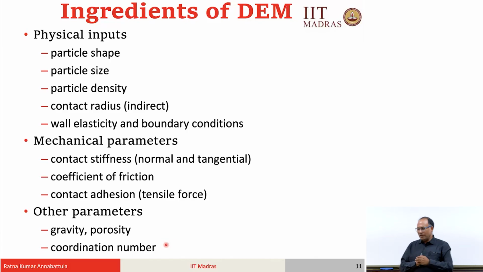One point that we should always keep in mind when doing DEM simulations is that it is really a nice tool for deciphering qualitative information at the micro scale by comparing the macroscopic information. But if you really want quantitative values, it may not be accurate, because you may not have a unique solution. Different combinations of microscopic interaction may give you the same macroscopic response, but the hope